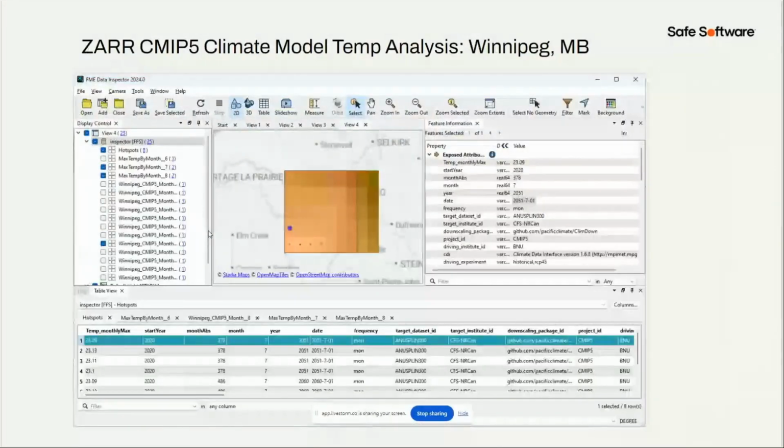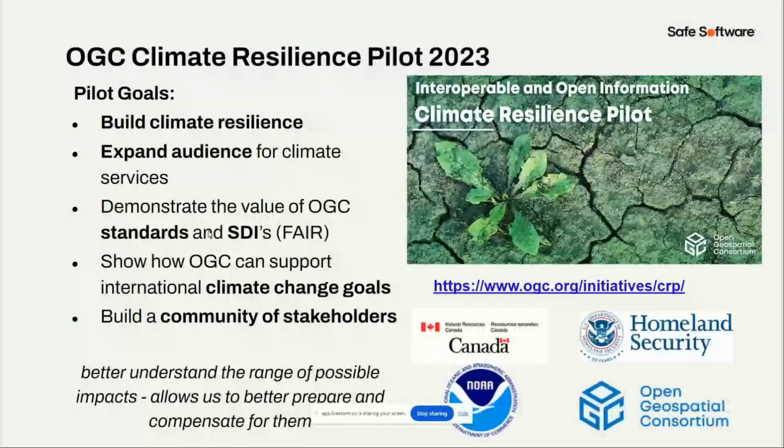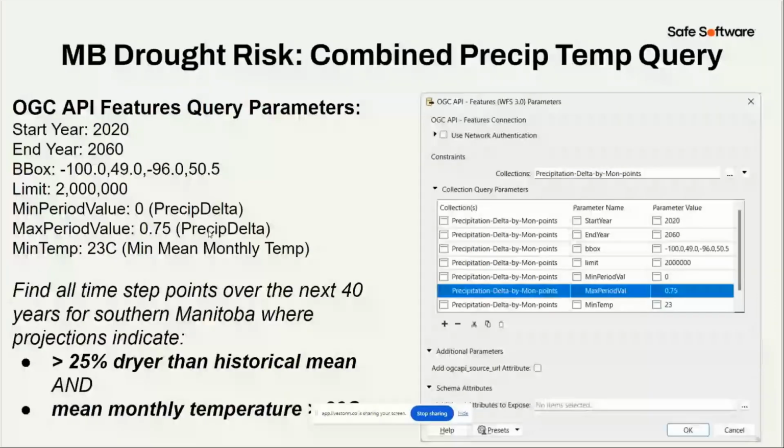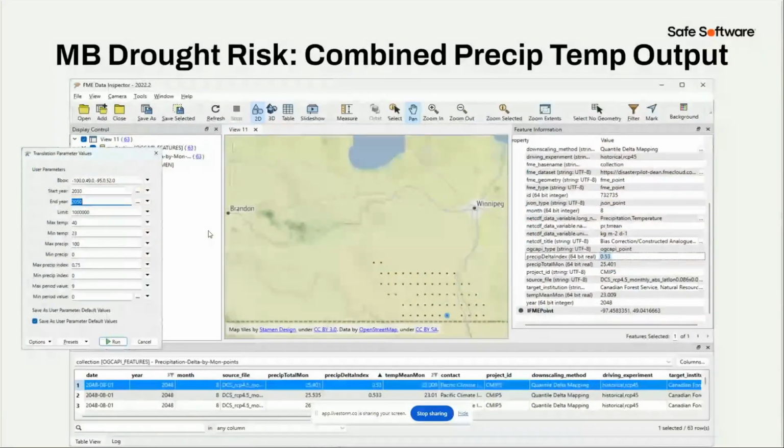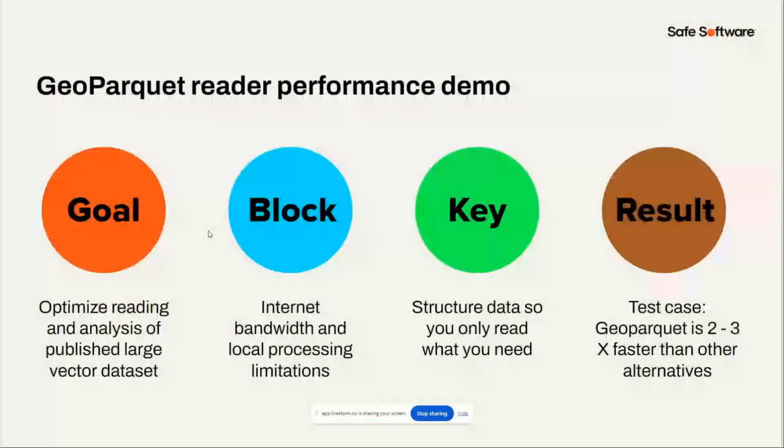So I've got some demos around that. There's a link to the pilot if you're interested in finding out more about what we're doing in the climate and disaster space. So obviously, in the disaster space, you want to be able to share data rapidly without having to worry about configuring servers. And in the climate space, those two are actually closely tied. We need to understand the impacts on climate in order to adapt.